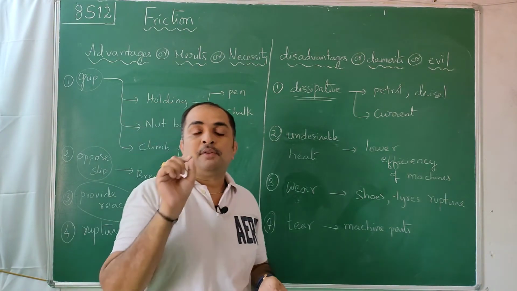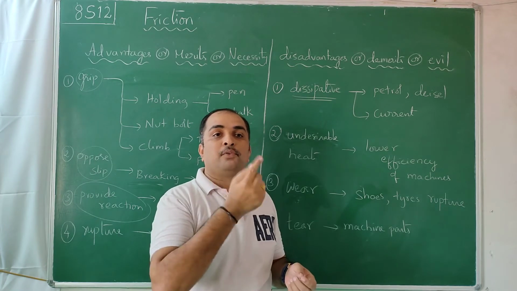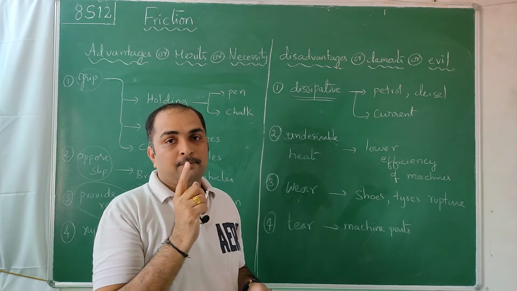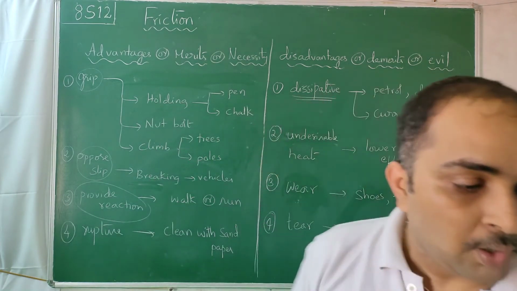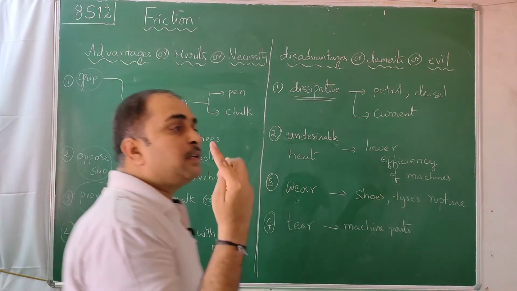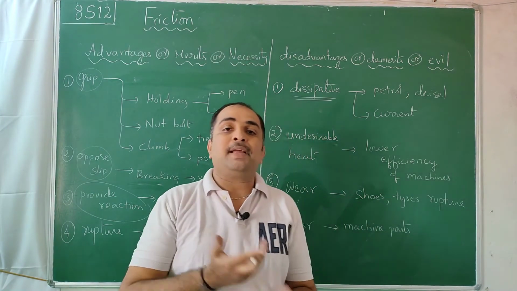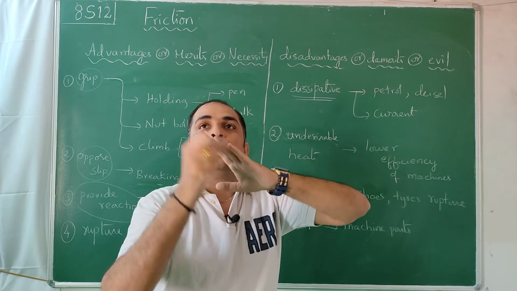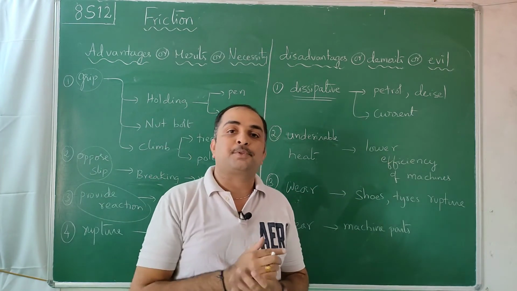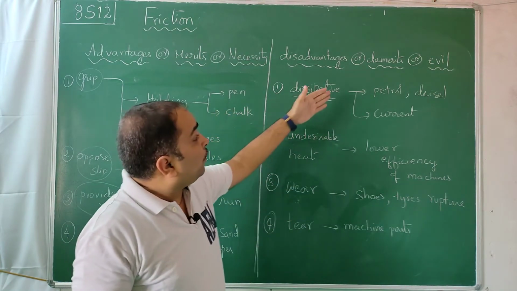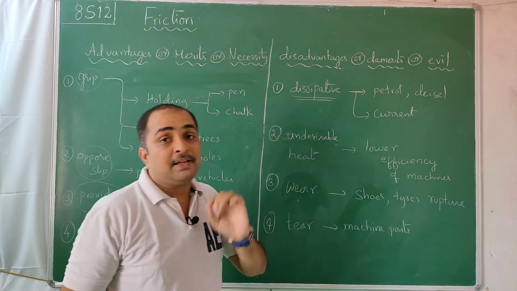Similarly, once you switch on the fan, it goes 0, 1, 2, 3, 4 and becomes fast rotating. Now you don't need current once it reaches high speed. Sorry for the disturbance. So a rotating fan, once it comes to high speed, should continue like that even if you switch it off. But because of the friction in the bearing and elsewhere, after a little time it stops. To continue it, we have to continuously supply energy. So a lot of our fuel, diesel and current is wasted only because of friction.